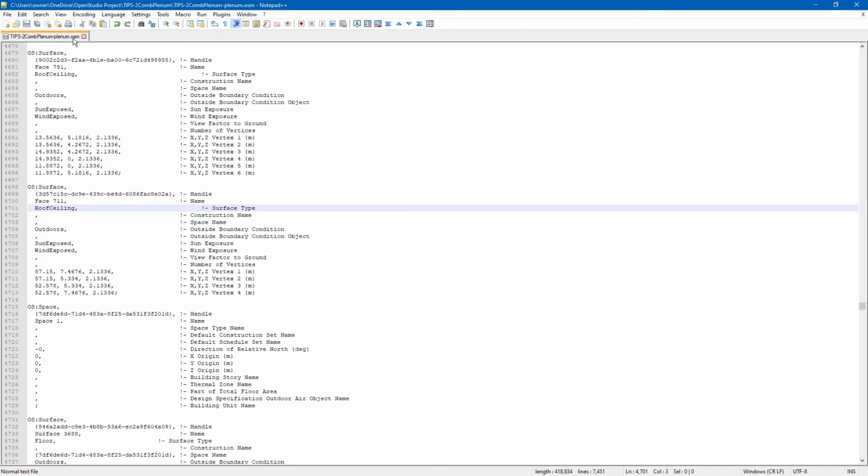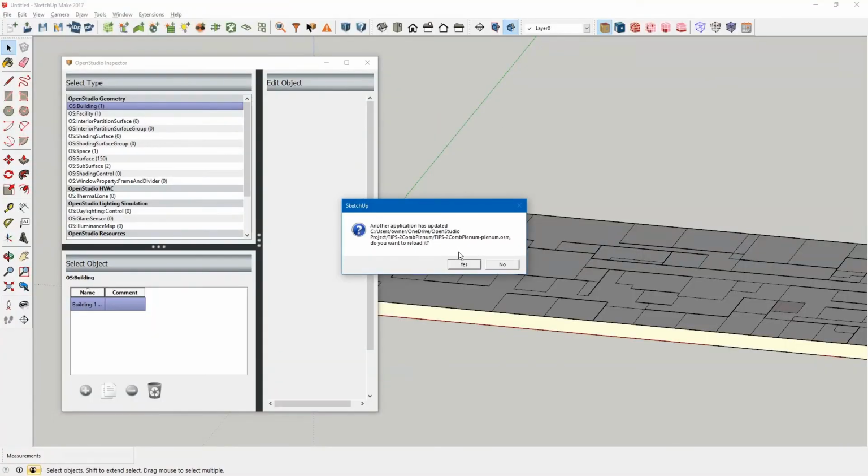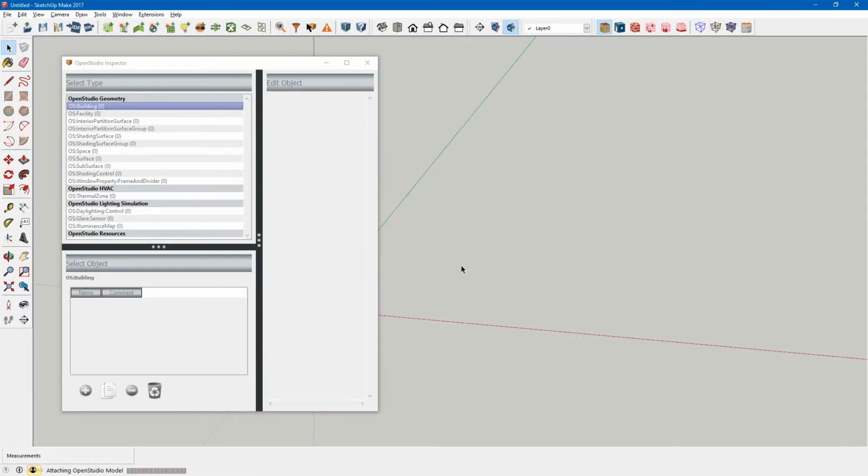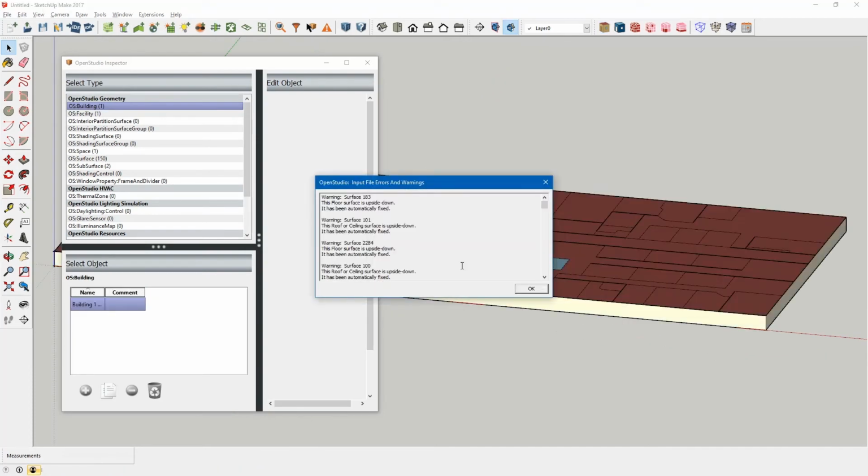Click Save. And then we want to, yes, reload it. And it corrected some surfaces that were upside down. Click OK.